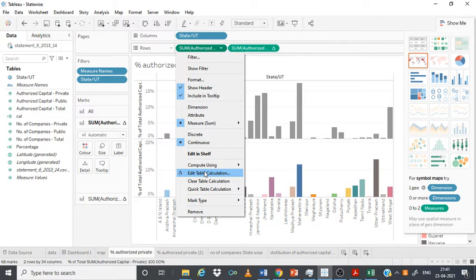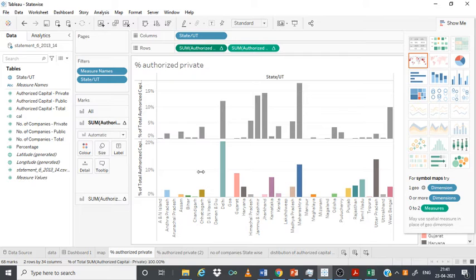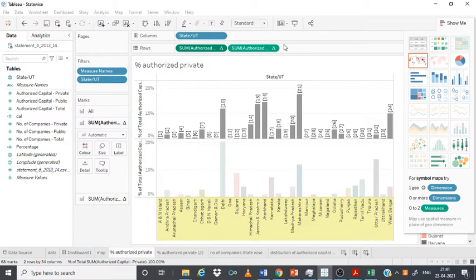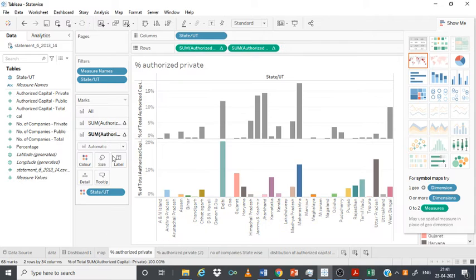After that, I'm choosing table calculation. Now the calculation is already done, so I'm choosing edit table calculation, where I am putting up the actual calculation. I'll just show it again. We have to go to analysis, or right click here.